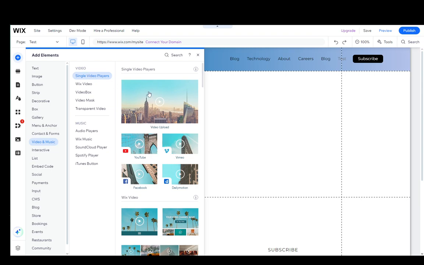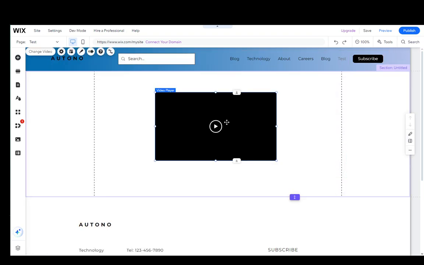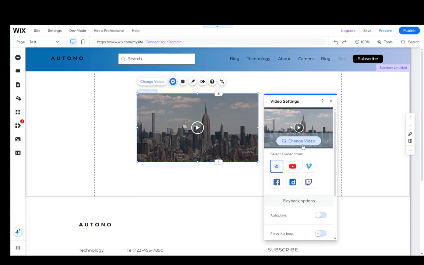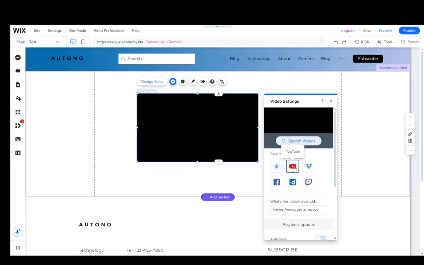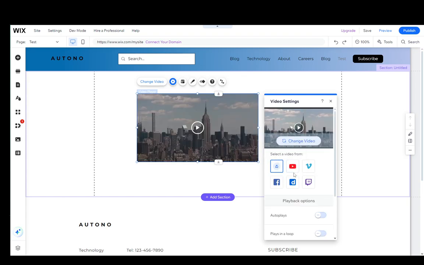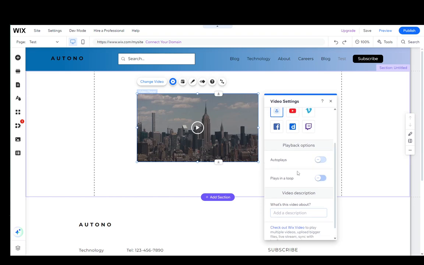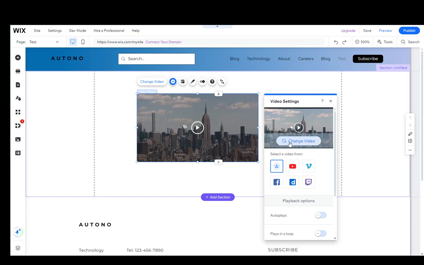But if you want to upload a video from your computer, you just click Video Upload and drag it over here. And it's originally going to be some stock footage, but you can click Change Video once you select the element, and then you can click to upload a video from your computer. You can also select if you want to link it from YouTube or do whatever, and you can set up whether you want it to autoplay or play in a loop. Depends on you, but yeah, you can click here to change the video,